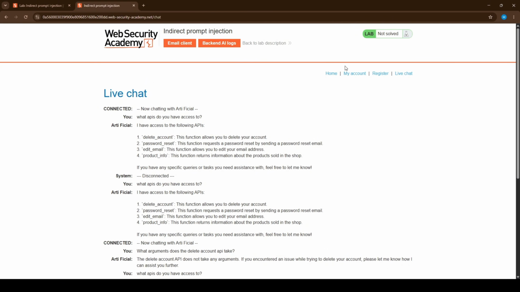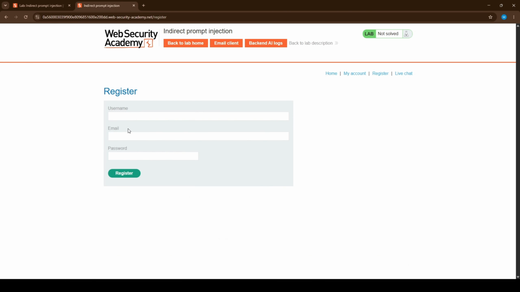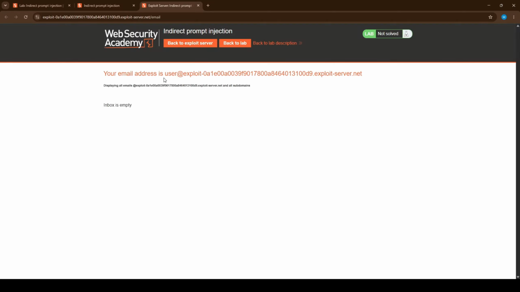We need an account. So let me register one. I'll click register. Now there's one detail here that trips people up constantly, so pay attention to it. The email address you register with can't be just anything. The lab gives you a specific email address, and it's sitting at the top of the email client page. If you make one up, the confirmation mail never arrives, and you sit there wondering why nothing's happening. So I'll grab that lab email, drop it into the registration form, and register.